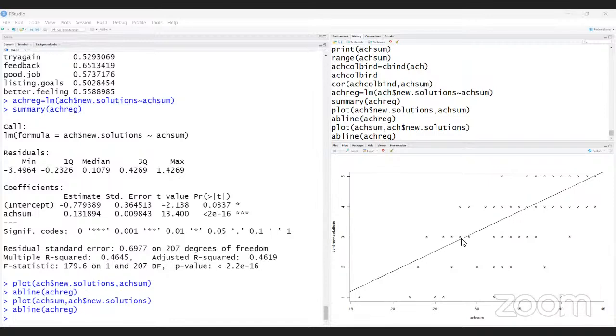But it is always better to select the people who are above. Why, sir? Because their score is better. But here the score is less. So I think that is better. So you can take these three people. In this way, you can use the regression for the selection purpose. Yes, sir.